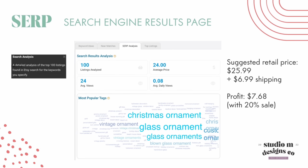Customers will also pay for good designs that aren't like everything else that's on the marketplace. So keep that in mind, just like you would with t-shirts or any other products that you're selling. Don't race to the bottom, price for profit, and focus on making good designs that people will want to spend the money on. So in this case, my suggested retail price to start with would be right around $25.99 with